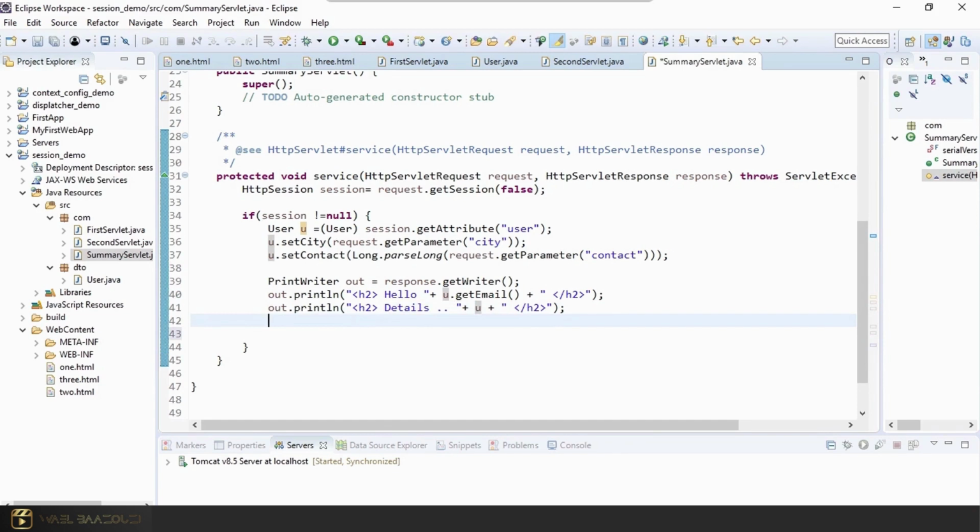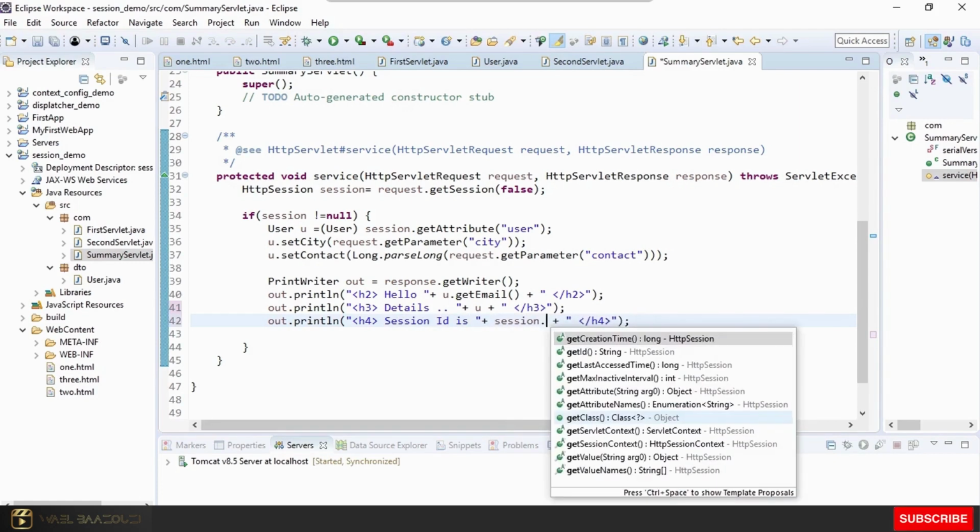And maybe we'll print this in an h3, in an h4. We'll go and print the session ID that we were speaking about. So session ID is session object.getId,